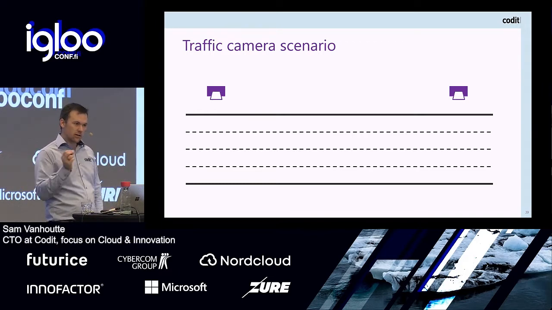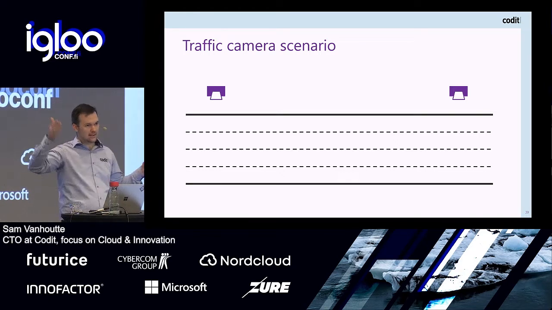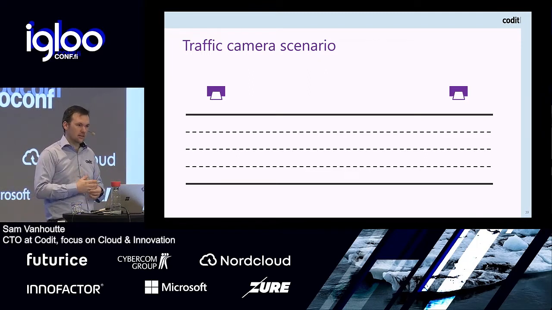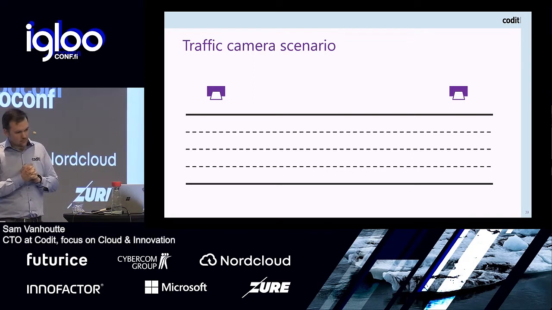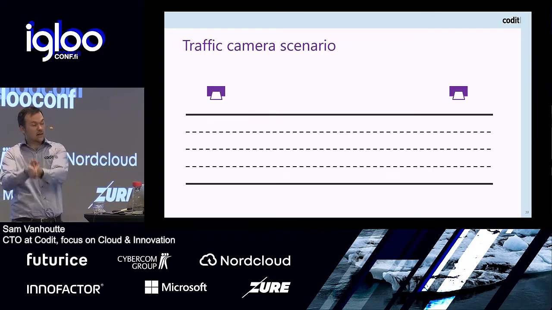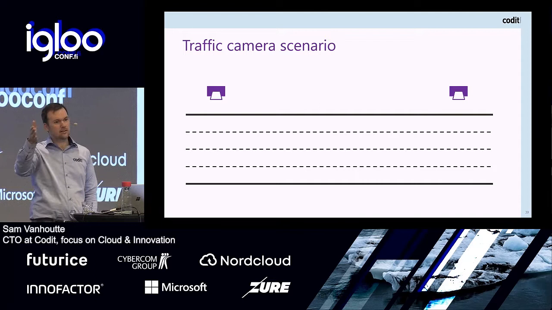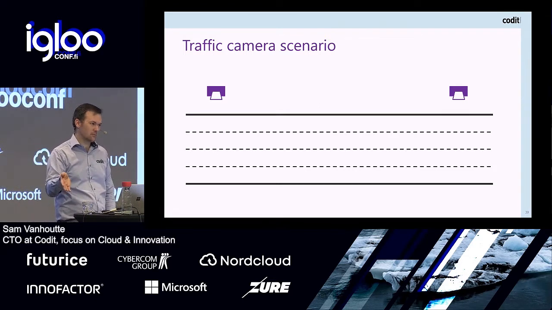So what they do now more and more is to have segments on the road with traffic cameras at the entrance and at the end. I don't know how Finland is, but this is really becoming popular in Belgium, unfortunately sometimes. What they do is they scan your license plate at the beginning, and they scan your license plate at the end of the segment. And these segments can take 8 kilometers, and that's a long time sometimes.